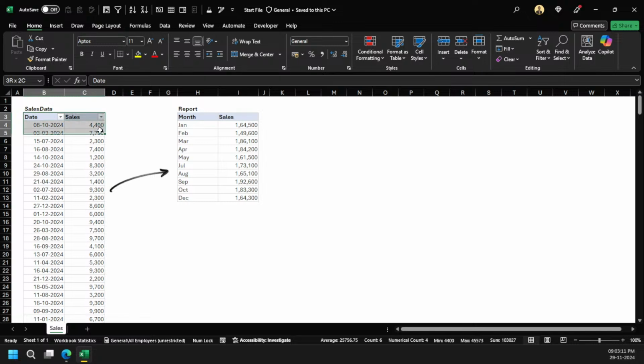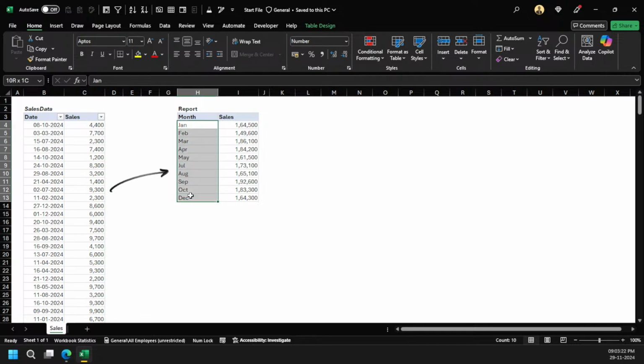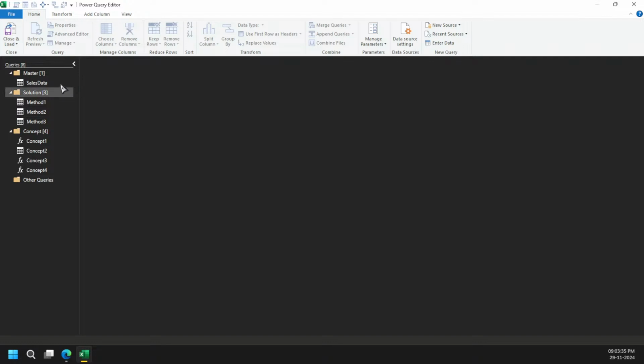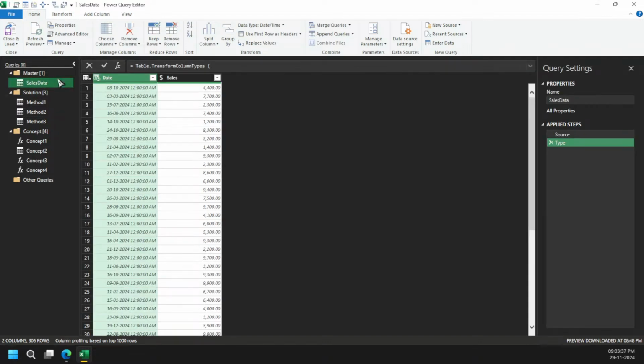Here we have got the sales data, right? What we need to figure out is that we want to make a report directly. Got it? So you can check out, we have this wise sum total by month. Got it? That's the thing we all want. What I am going to do is import the data into Power Query directly. The sales data. You can import it from any other source, directly from SQL or anywhere. Got it?